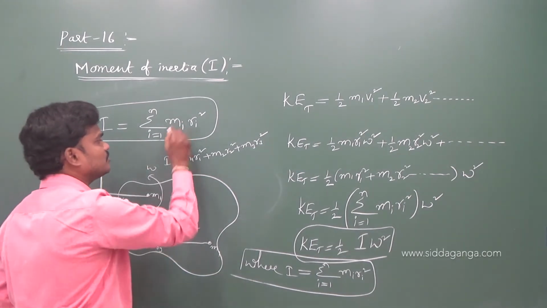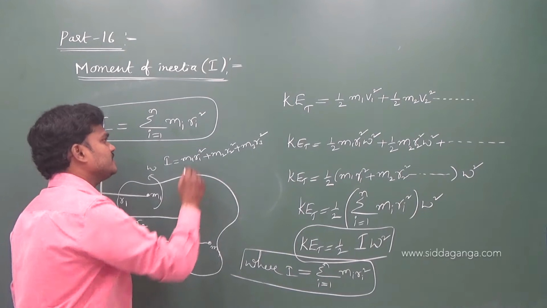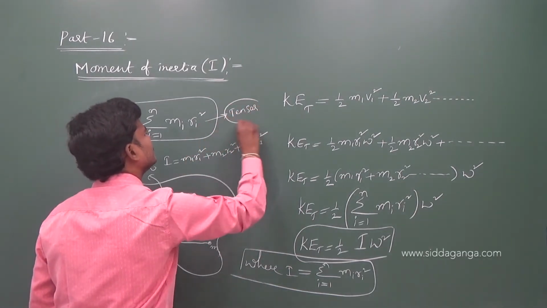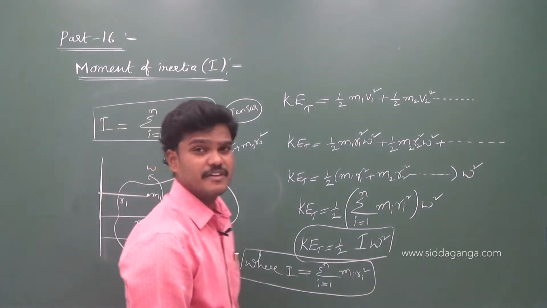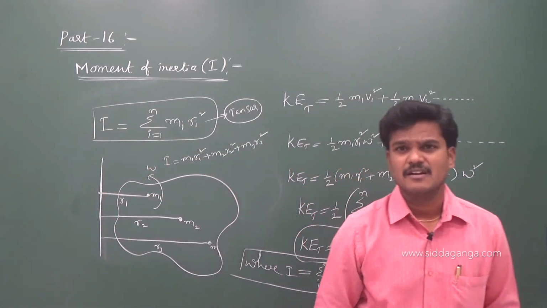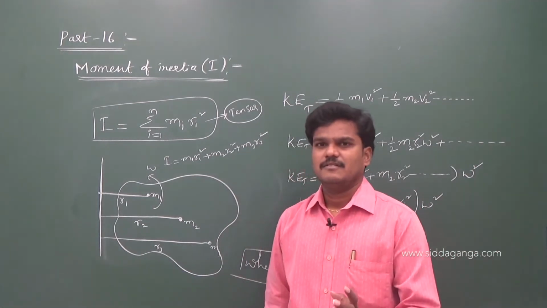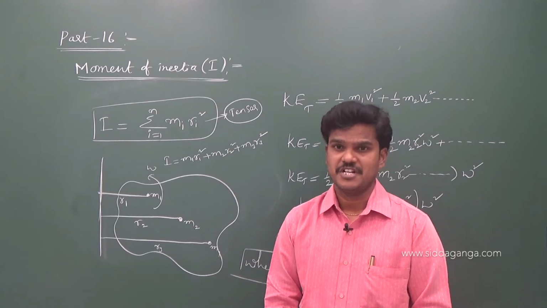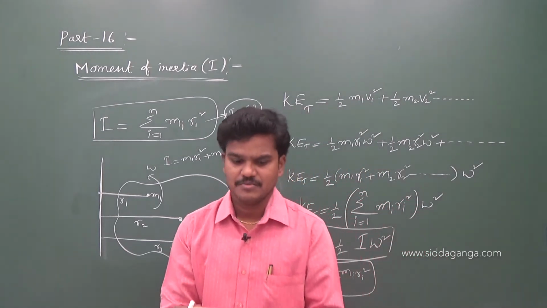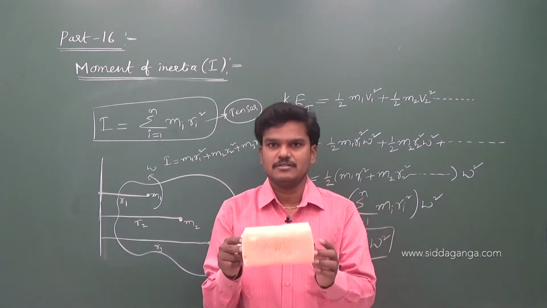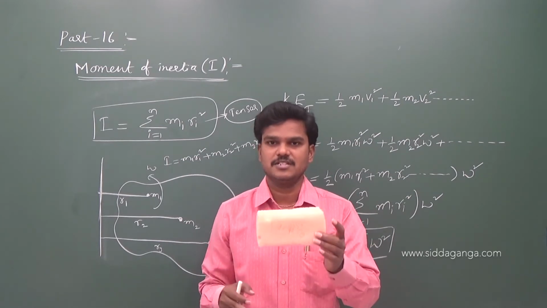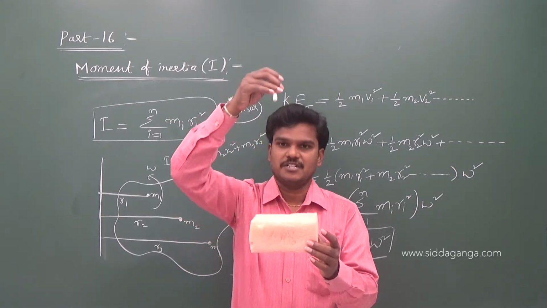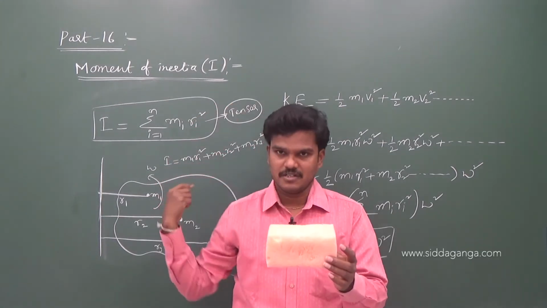And see, this moment of inertia is a tensor quantity. It is not a scalar, it is not a vector. What is this tensor? For different bodies, we are going to get different moments of inertia. Suppose this is a rectangular body, a rectangular rod or whatever it may be. If you find the moment of inertia about this direction, I will give you the name of this direction in the continuation now.